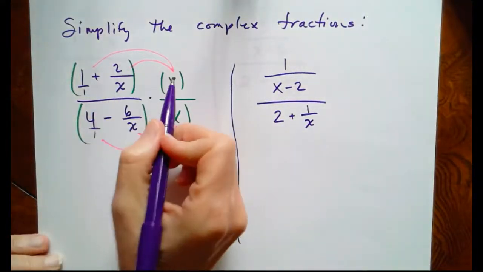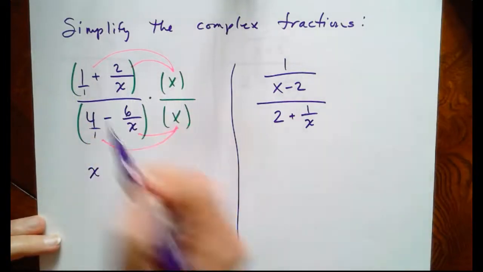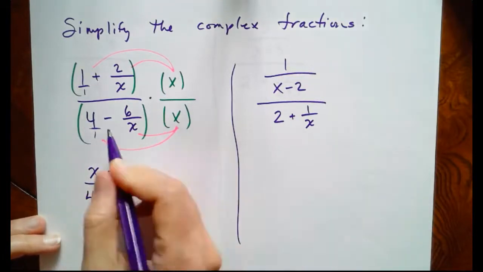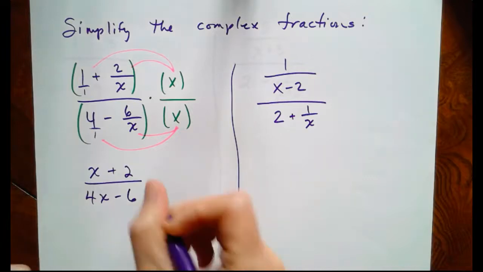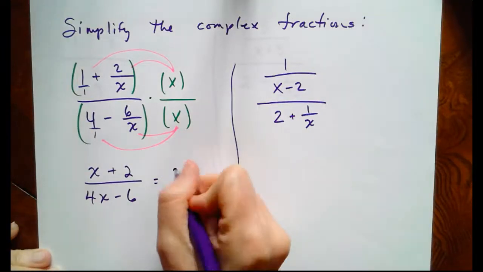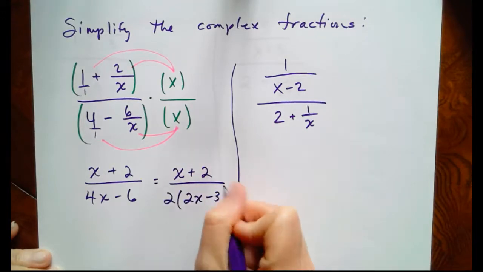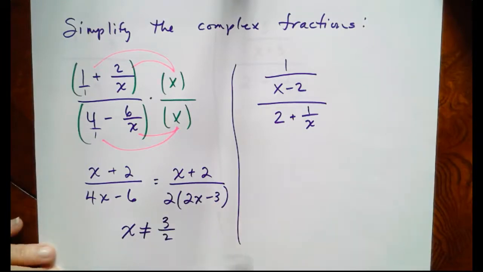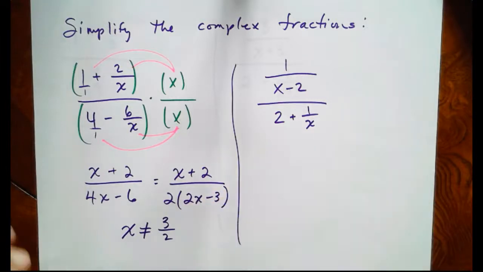This is going to give us x times 1, which is x. 2 over x times x, the x's cancel. That's plus 2. 4 times x, 4x, minus 6 over x times x, minus 6. We can factor the denominator just for the sake of factoring here. Nothing is going to cancel, but we can more easily see that x may not be positive 3/2. This is your simplified complex fraction, and this is your restricted value. Let's do it again